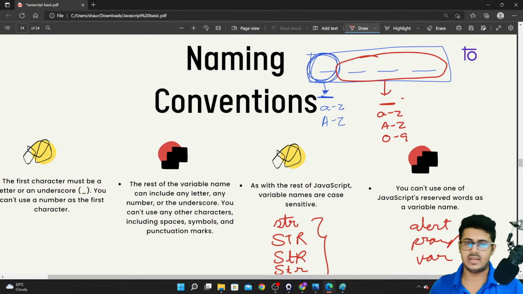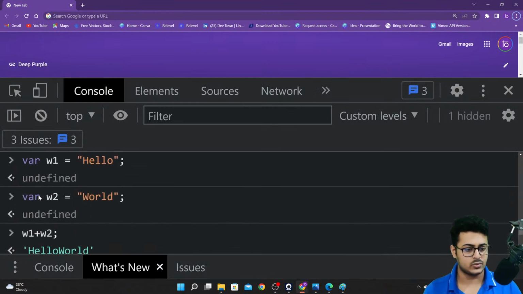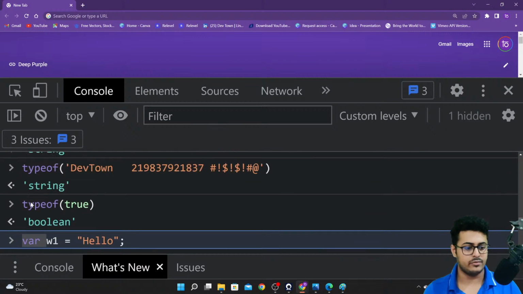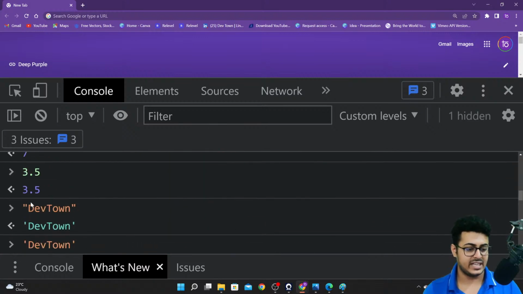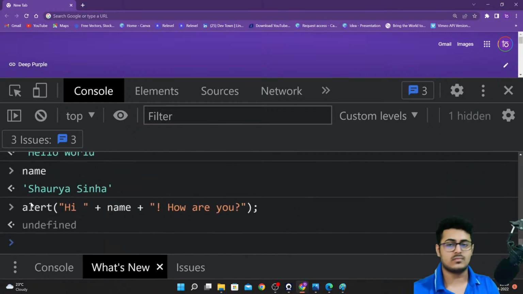Okay, now you will be like, sir, we don't know all the reserved keywords. When you are writing your code, you will see that some of these keywords are usually highlighted for you. For example, var, typeof, these are highlighted most of the time. Sometimes they might not be. In that case, as you practice with JavaScript, you will start to remember all these things. The more you practice, the more keywords you will become familiar with. So slowly and steadily, you will avoid these keywords totally.